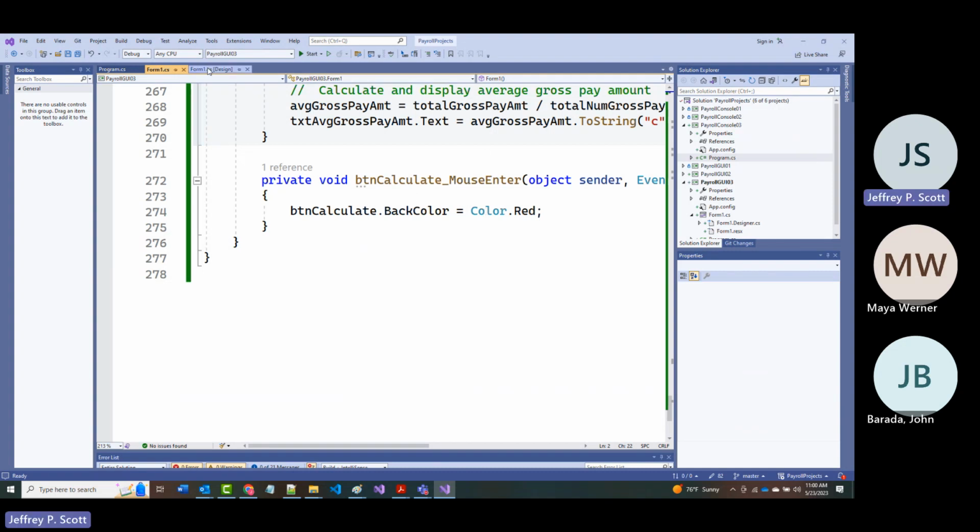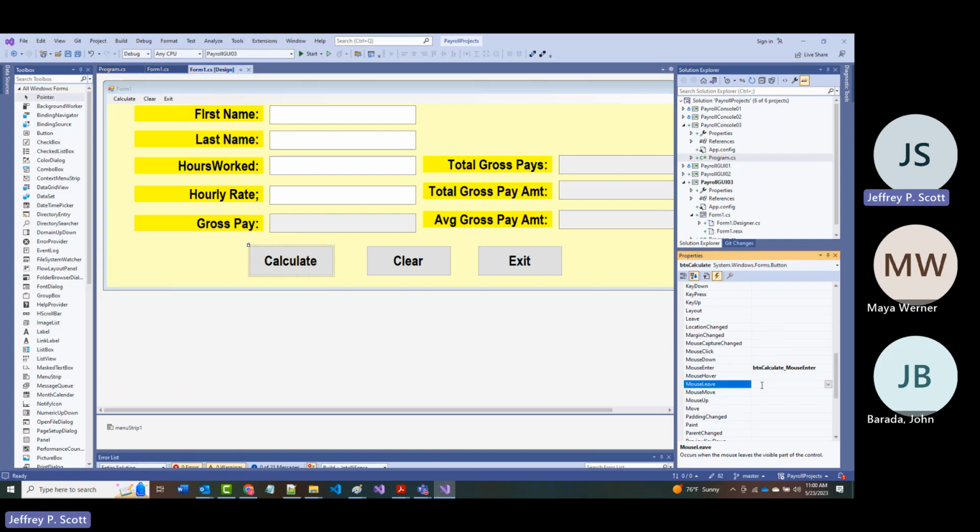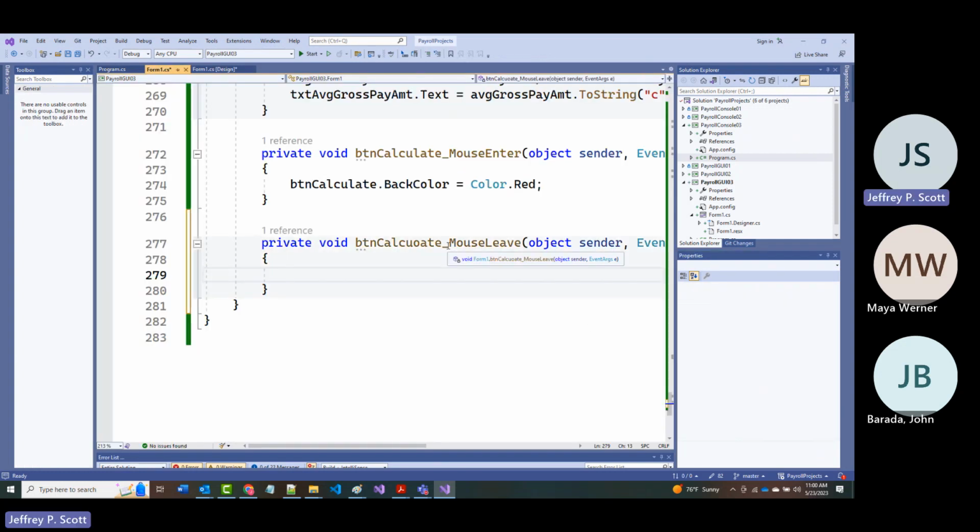So I'm going to go back again to my button in here. I put something in here for mouse enter, so let's find one for mouse leave. I'm going to put in here BTN calculate mouse leave and hit enter. Now I'm going to say when it comes back, BTN calculate dot back color equal